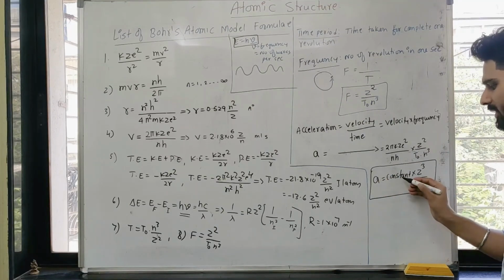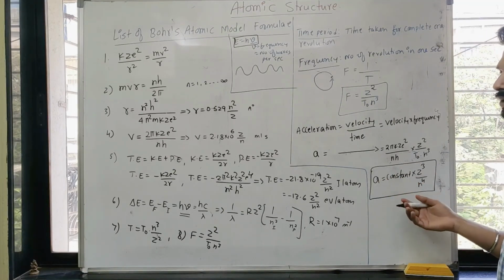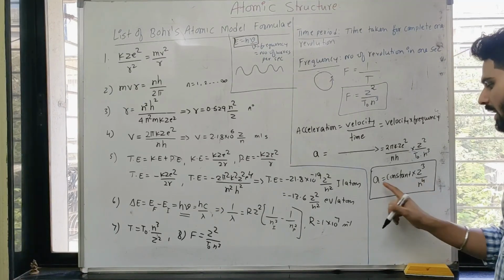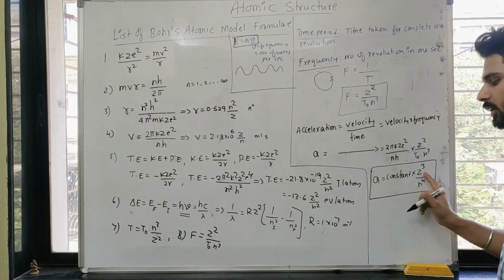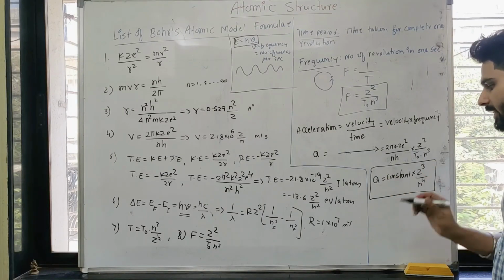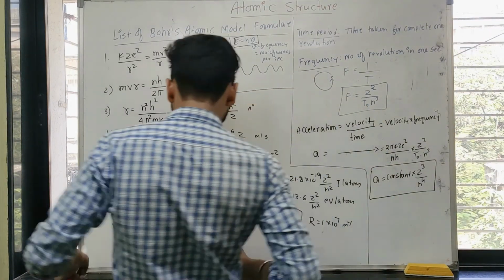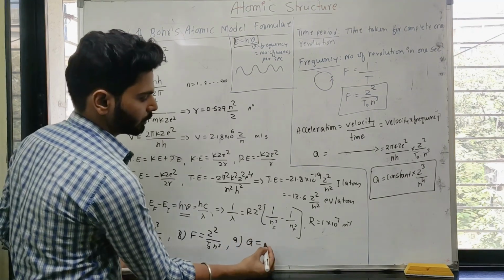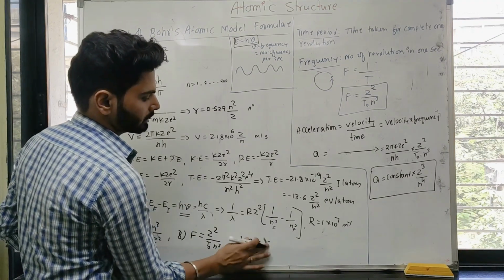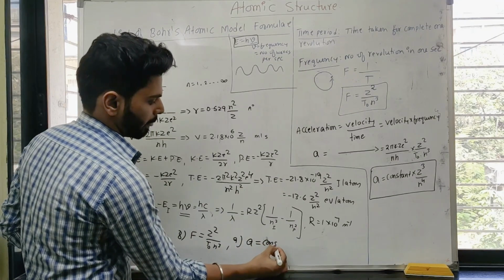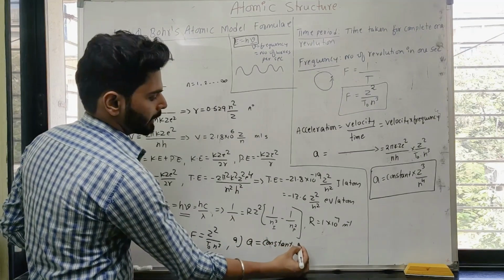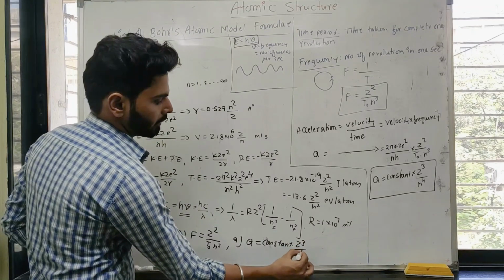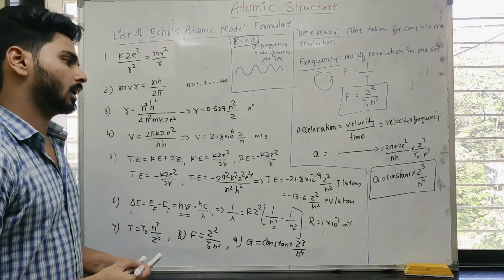Most of the time this constant value is given to you as some k, or it is not needed. Only the relation between acceleration and the shell number and the atomic number is needed. So this is another formula that you have to remember: acceleration is equal to some constant into z cube divided by n power 4. Let's solve some